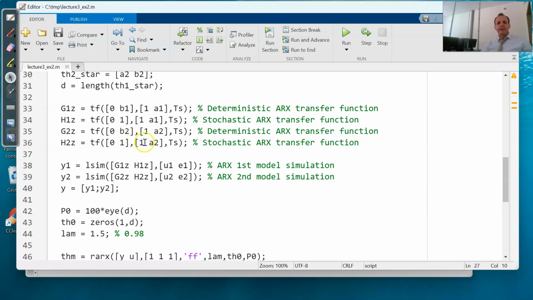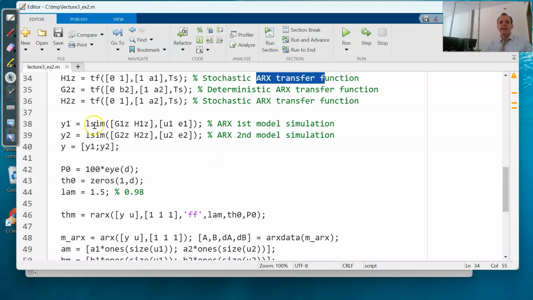And then this is the way for simulating an ARX model. So I define a deterministic transfer function of your ARX model and the stochastic transfer function,